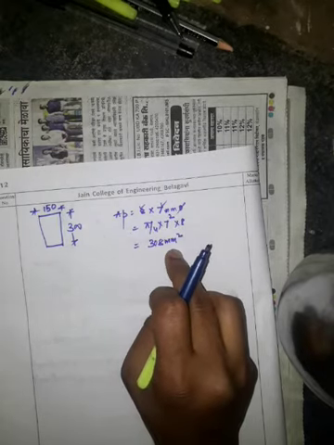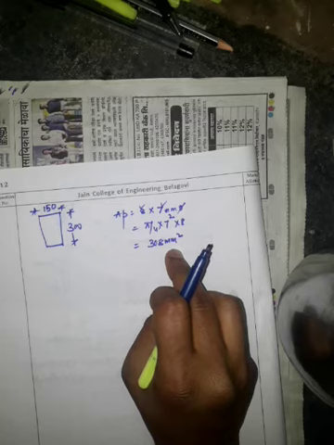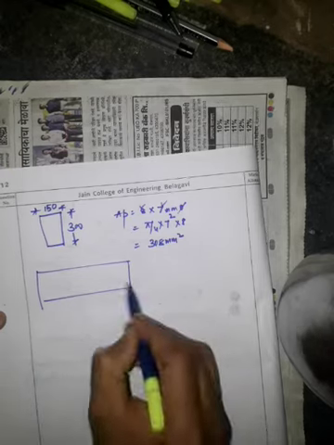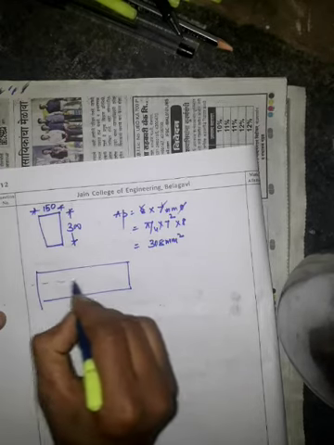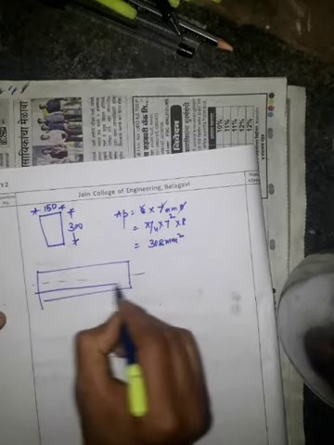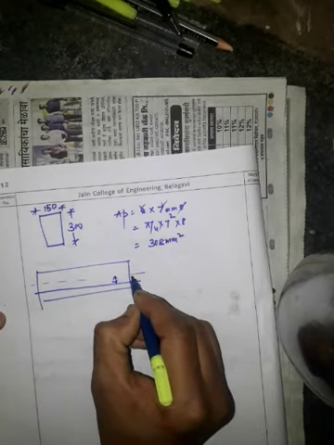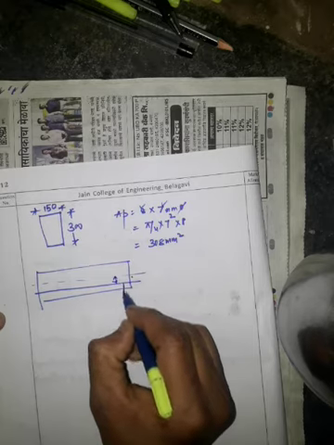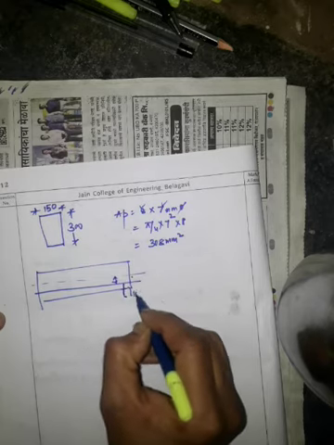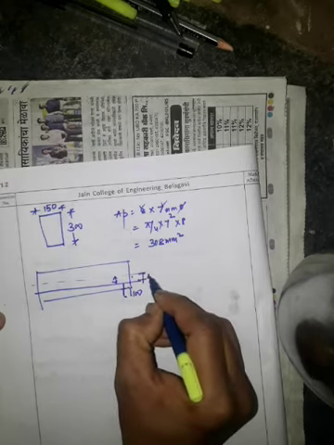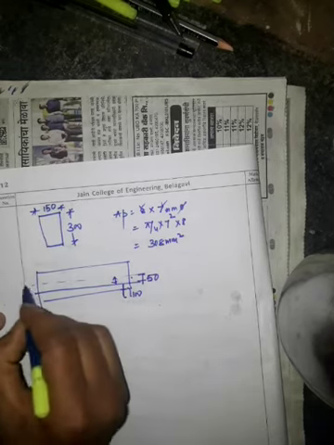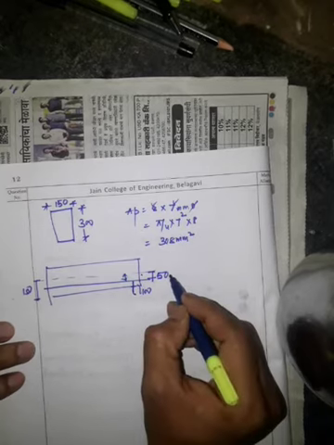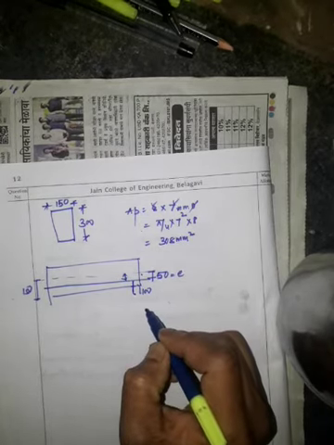Then they are given the cables are straight, with the central axis, and the eccentricity of the cable is 100 mm. Sorry, from the soffit. So they are given the cables are located 100 mm from the bottom. So the eccentricity will be 50 mm because the total is 150 mm. Total is 150, so how much is left? The eccentricity E is equal to 50 mm.